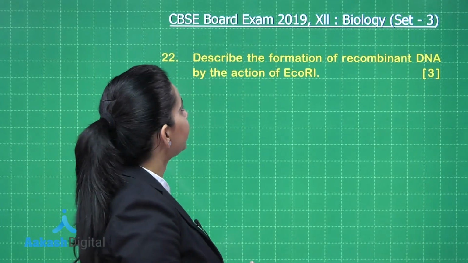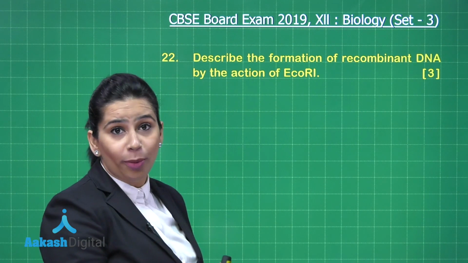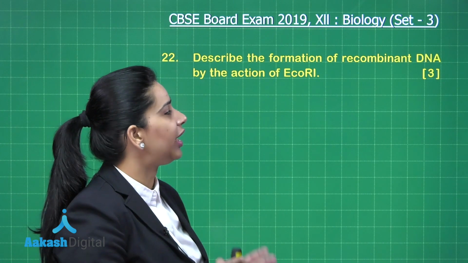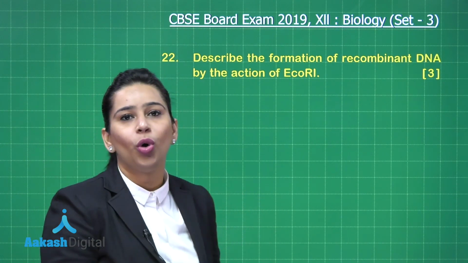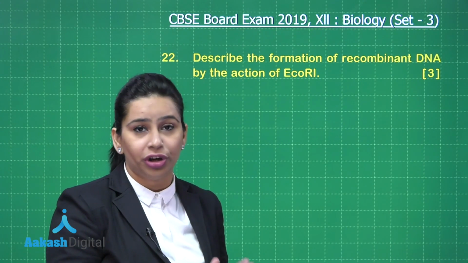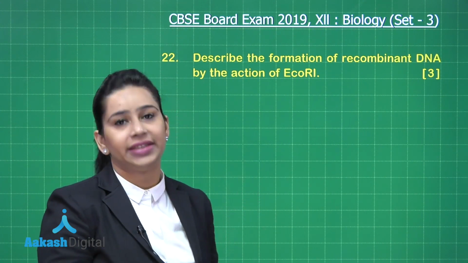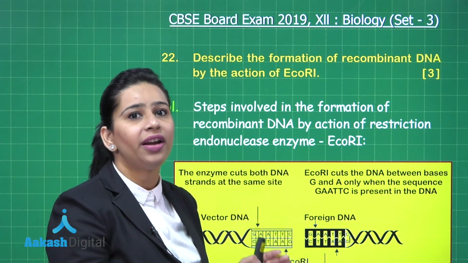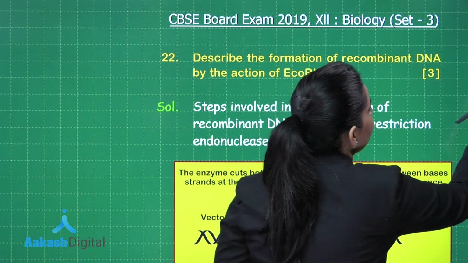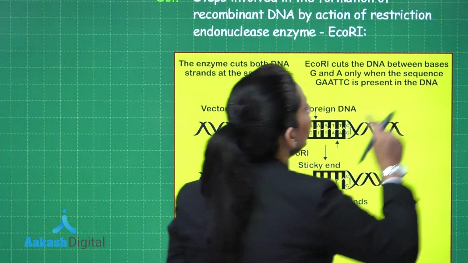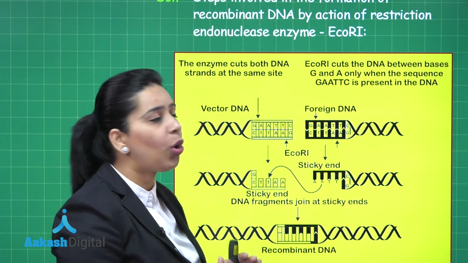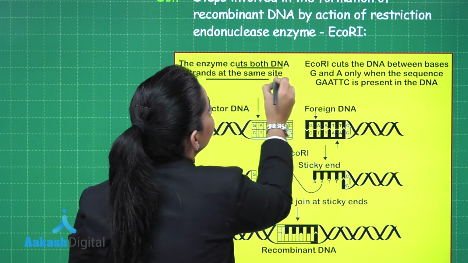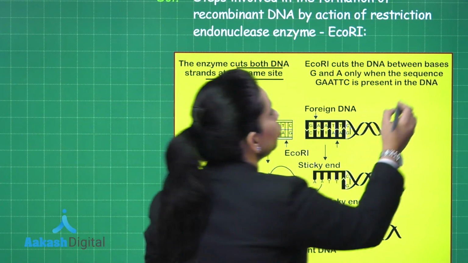Now the next question is, describe the formation of recombinant DNA by the action of EcoR1, and this question is of 3 marks. So as you know, EcoR1 is a type of restriction endonuclease that gives us sticky ends. So once we have isolated the DNA from the vector and the source cell, then the 2 DNA molecules are cut with the help of restriction endonuclease EcoR1 that actually cuts both DNA strands at the same site, that is between bases